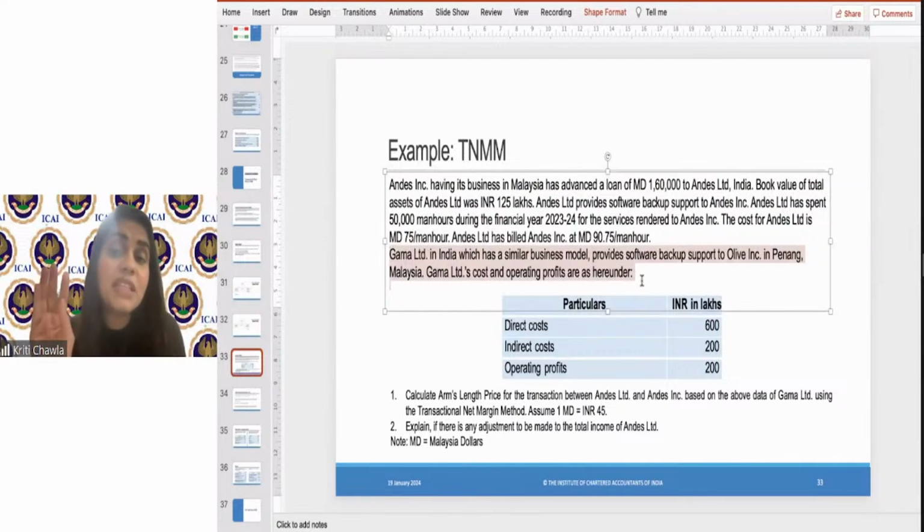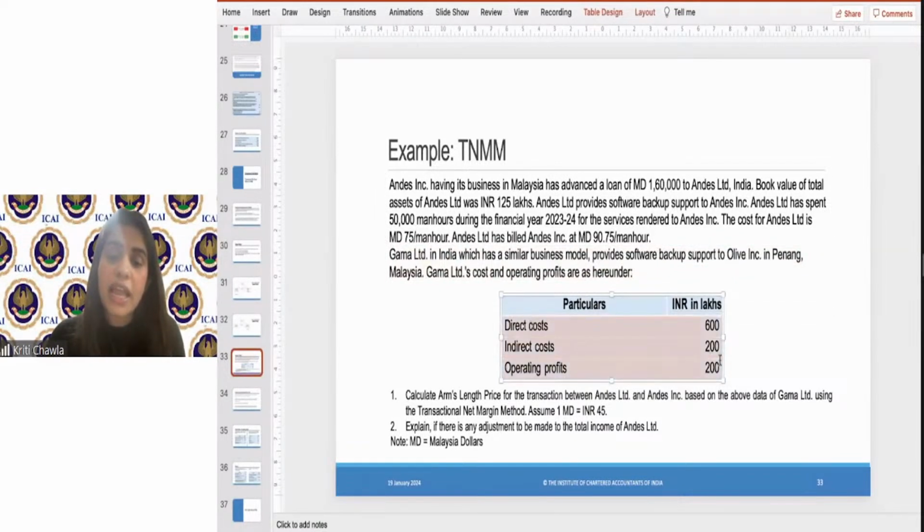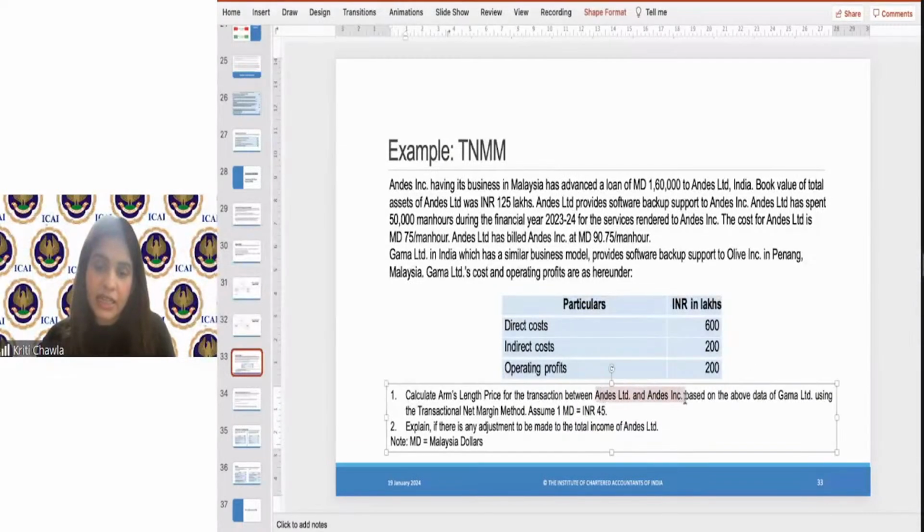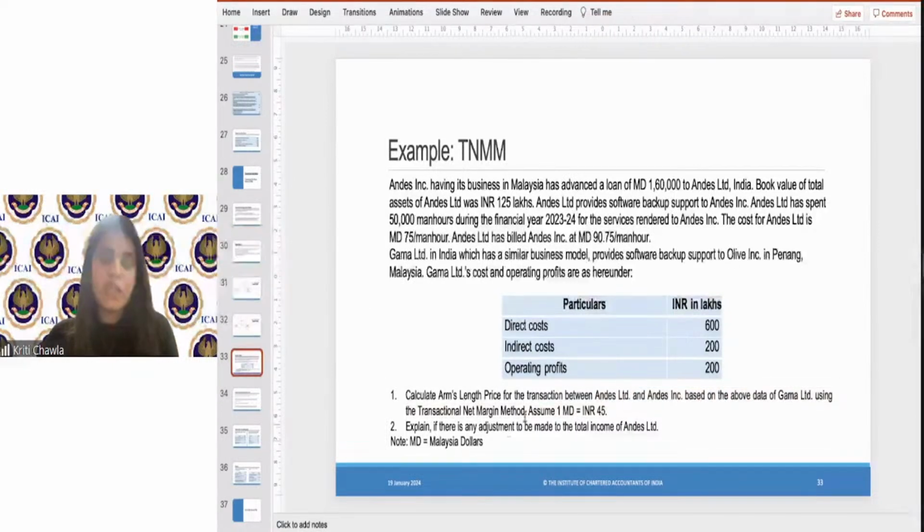There is another company in the industry, Gamma, which is also an Indian company, and they are also providing backup support services to a USC entity. They have given us the direct cost of production, indirect cost, and profit margin, operating profits of this particular entity. So now what we need to do is calculate the arm's length price for the transaction between Andes Inc. and Andes India based on the above data of Gamma Limited using TNMM, and explain if there is an adjustment